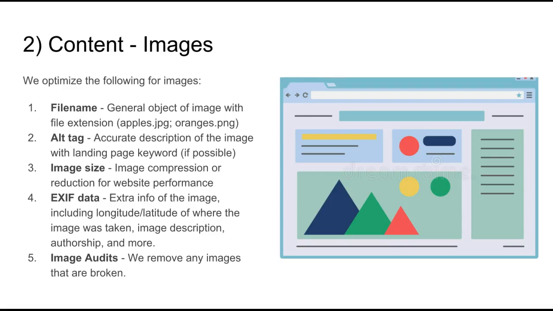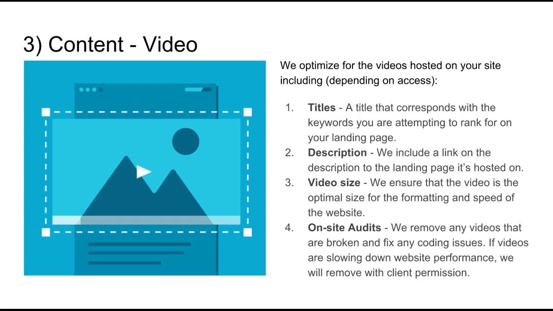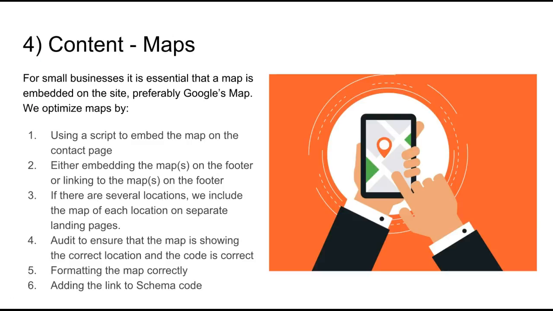Images. We optimize the following for images: the file names, the alt tags, the image size, EXIF data, and then the image audits. For video, we'll optimize the titles, the description, video size, on-site audits. We can kind of get into the code of the video and fix things like that. We can also do tags. And for maps,